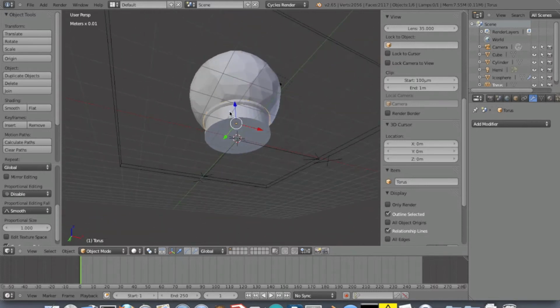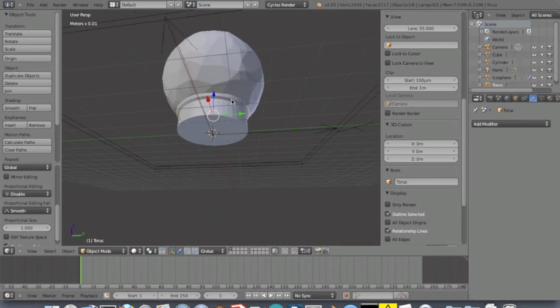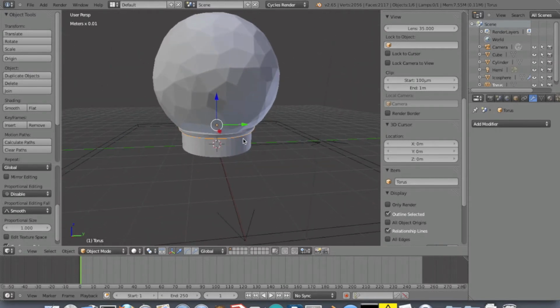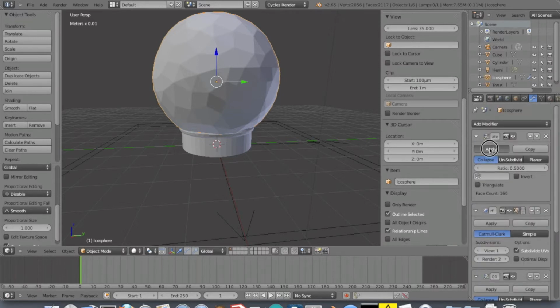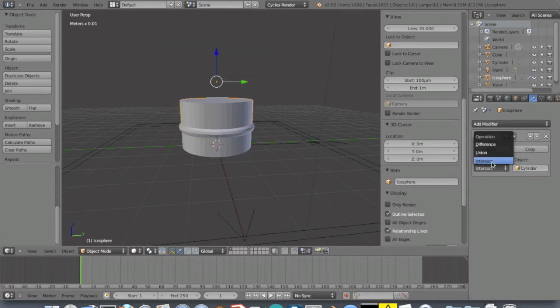So that's nice. The next thing we need to do is to add a cylinder for where the screw will go into the finial. However, we need to go ahead and merge all of these objects before we do that so that the screw goes all the way through both the base and the ball. So let's go ahead and if we select our ball, we can see we still have all these modifiers. Let's go ahead and apply them from the top down. Those are locked in. Now let's go ahead and add a boolean, and we want our cylinder. We're going to say union,